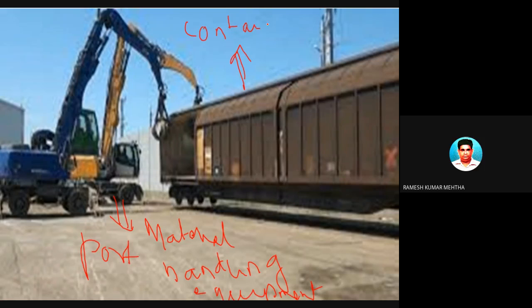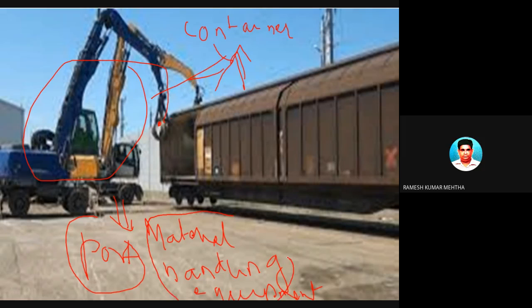Container is the one which has some goods, and this particular material handling equipment is used to lift the container containing goods. So this is a port. Port is an important part of our logistics management. Material handling equipment is there in the port, and the container which has goods is lifted with this material handling equipment. Maybe it is called, to my knowledge, a caterpillar.